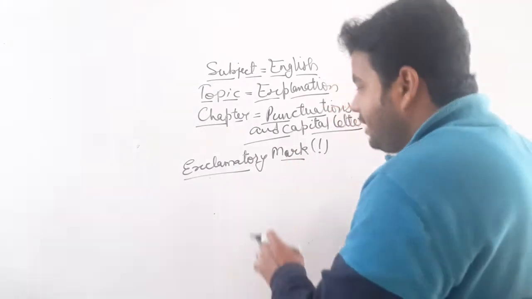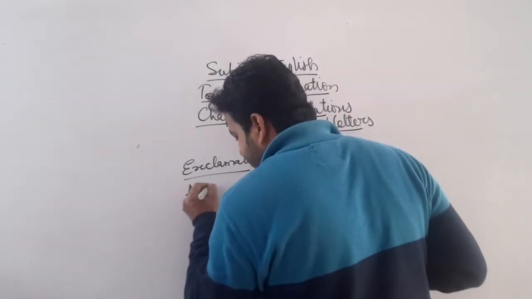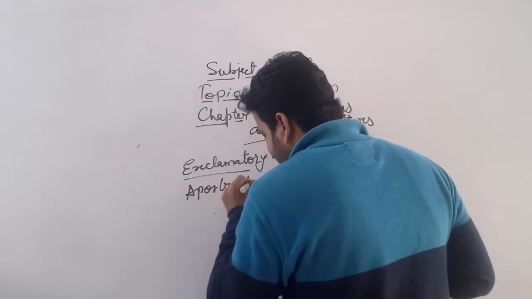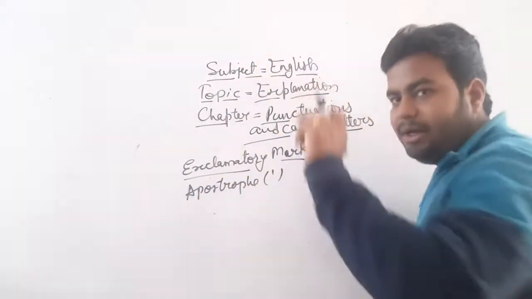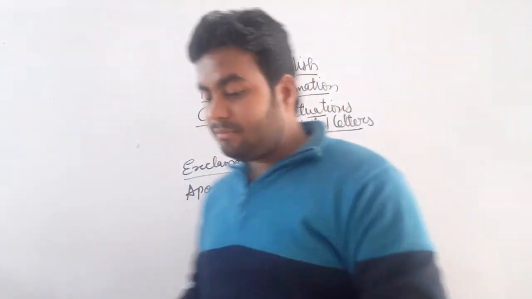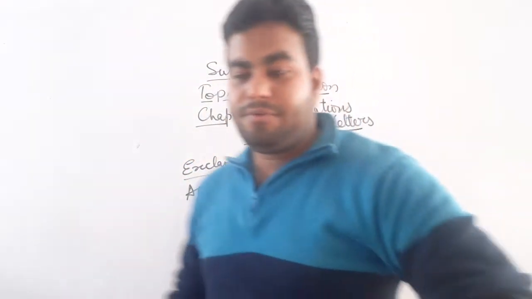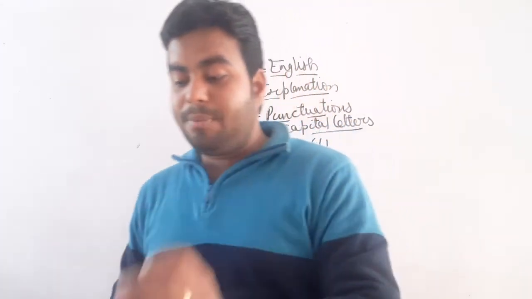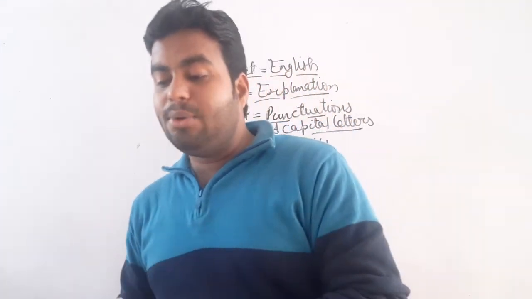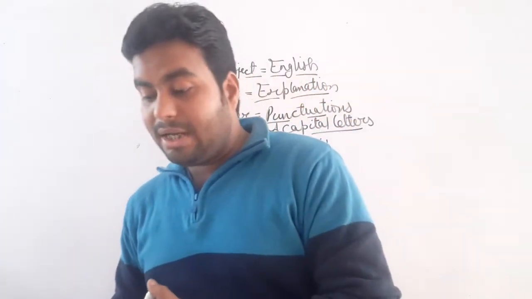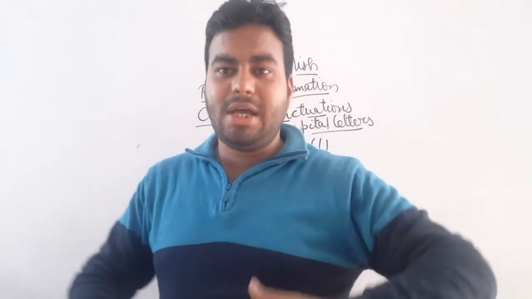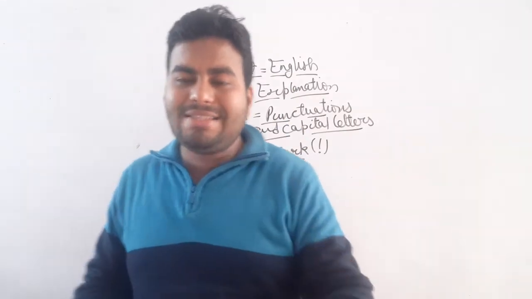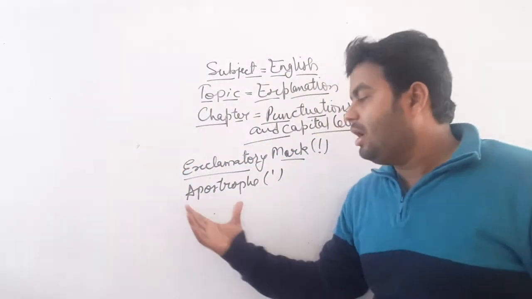Okay. After this we have an apostrophe. So what is an apostrophe? This is an apostrophe. Only a comma on the upper side. That is called an apostrophe. An apostrophe followed by S is added to singular nouns. Singular nouns के केस में लगाया जाता है, and it is also used to show possession. Possession यानी that thing belongs to me, I possess that. So in that case we use an apostrophe.